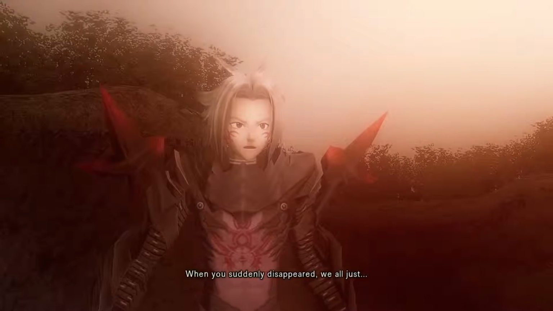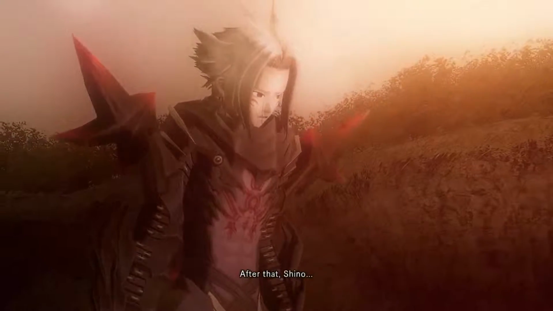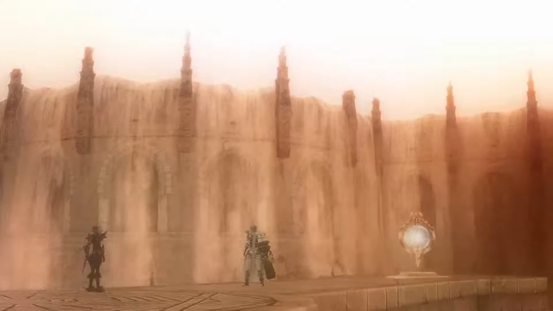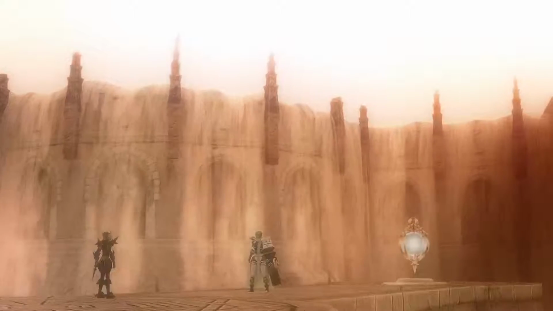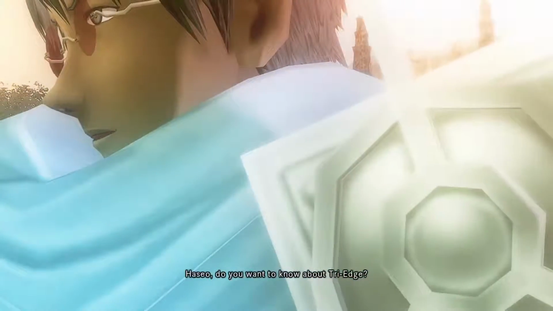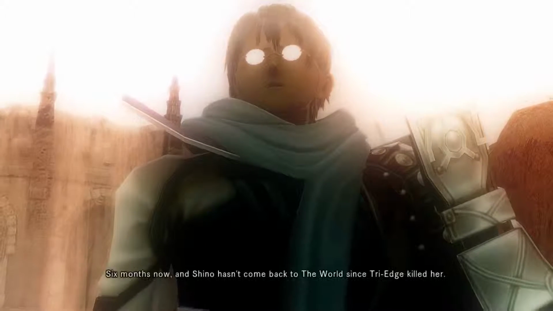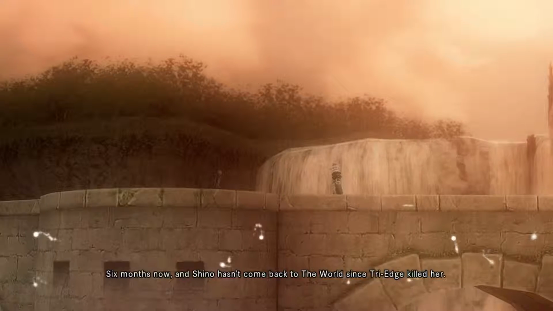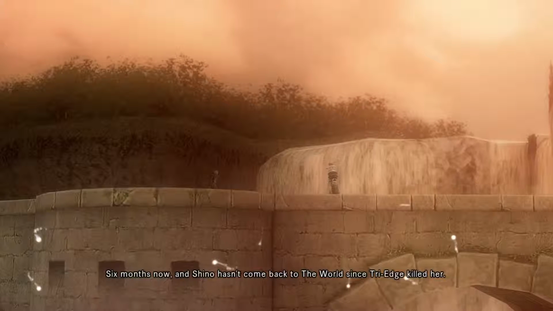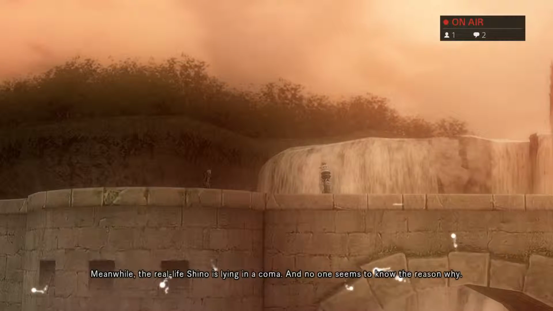When you suddenly disappeared, we all just... Why did you disappear like that? After that, Shino... Haseo, do you want to know about Tri-Edge? Wait, you know Tri-Edge? 6 months now, and Shino hasn't come back to the world since he killed him. Meanwhile, the real-life Shino is lying...